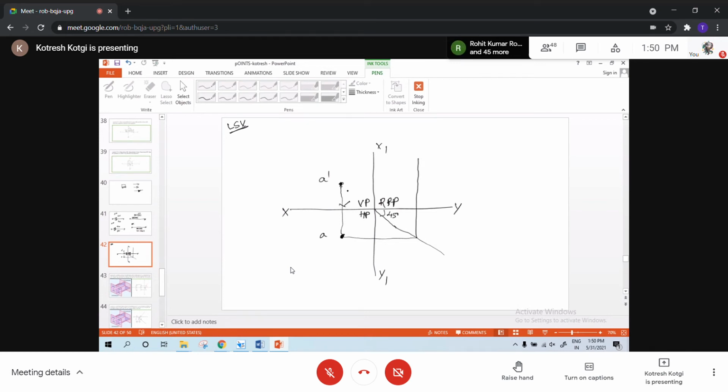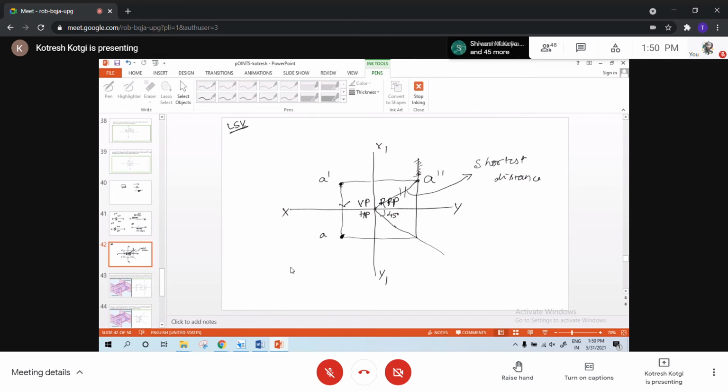Okay. Then the horizontal projection of the front view. Where this intersects with this vertical line, that will be the side view. Am I right? And later you can erase this. Now this is the side view. If I measure this distance from this intersection point to the A double dash, the side view, we call it the shortest distance. This is the shortest distance from the intersection of X1, Y1.